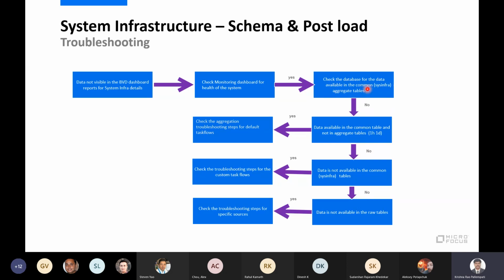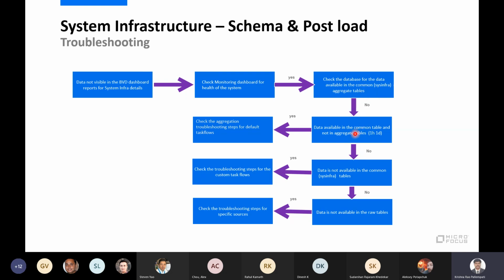Sometimes you are able to receive the data for the last 12 hours, but you don't have data when you select the last 1 month for some of the days. Then we will see in the aggregate tables. So we will see in the common tables, if data is available in the common tables, the common tables I am talking about, the previous data flow, the combined table. That table has data but no aggregations.